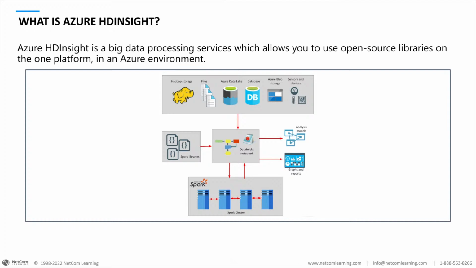As we mentioned previously, Azure HDInsights is a big data processing service. You can always recognize it because it has the yellow elephant icon, and so you can always know that you're using Hadoop for that. It's a managed analytics service in the cloud based on Apache Hadoop, as I mentioned previously, and it's just another set of open source tools that allow you to run processing tasks over large amounts of